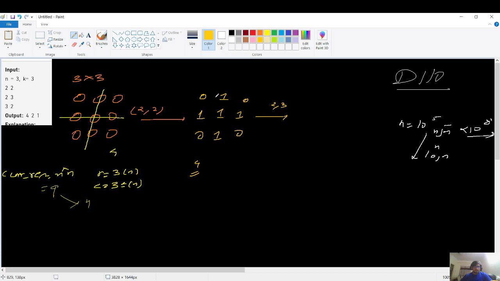So 2 comma 3, it is. This cell and this row were already marked, so it is saying that you have to mark again the same row 2, and an unvisited column, that is 3, right? And if I just write the matrix for you again, the updated matrix will be 1 1 1, 0 1 and 1, right? So now you can see that the number of zeros available is only 2, and that is why the 2